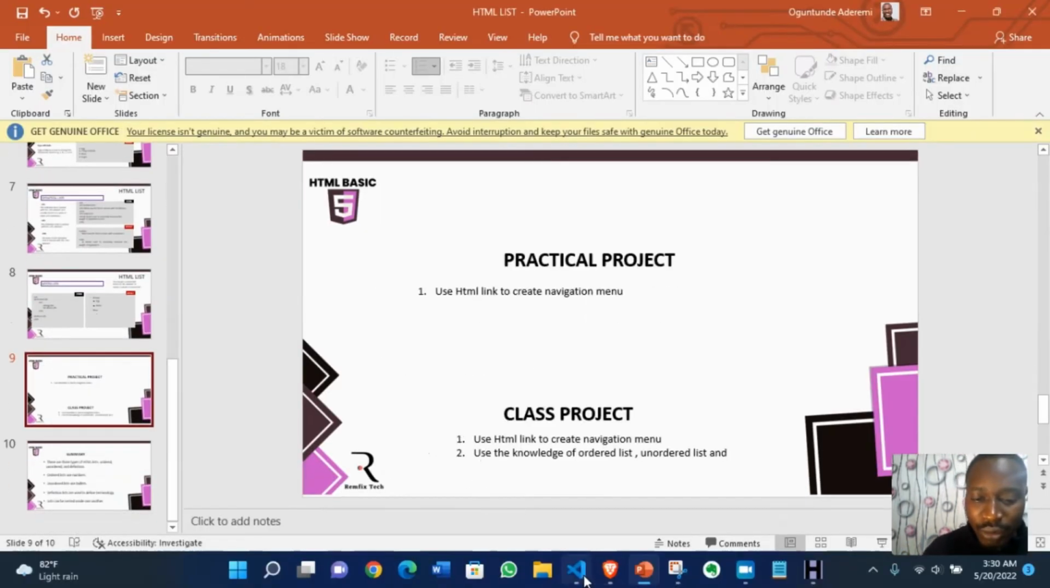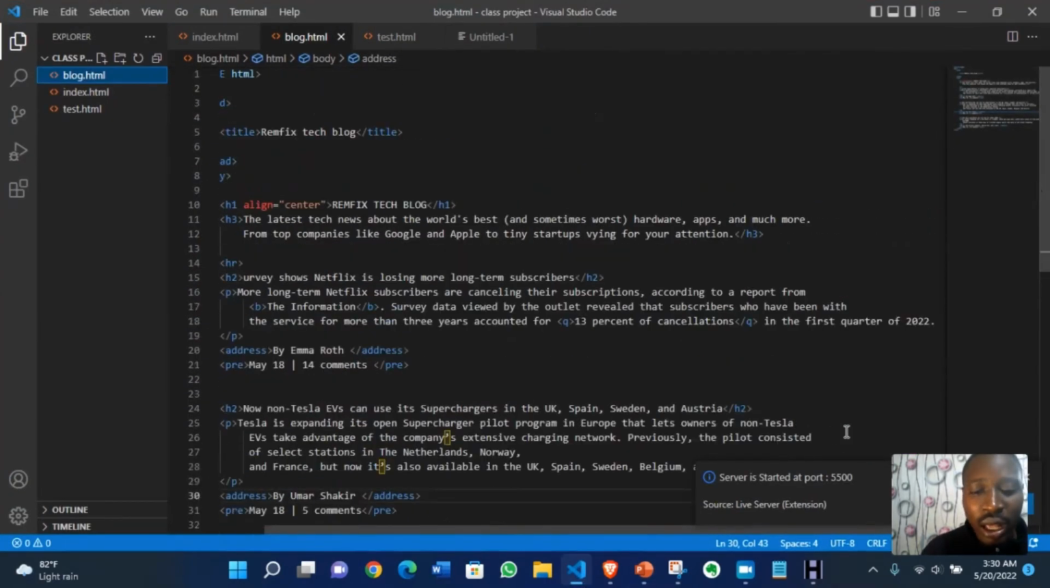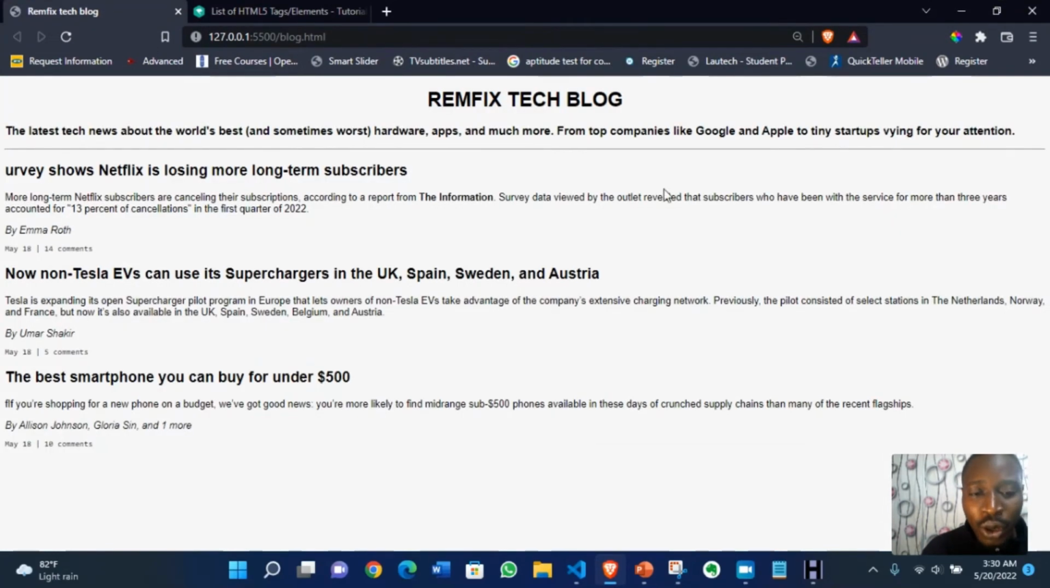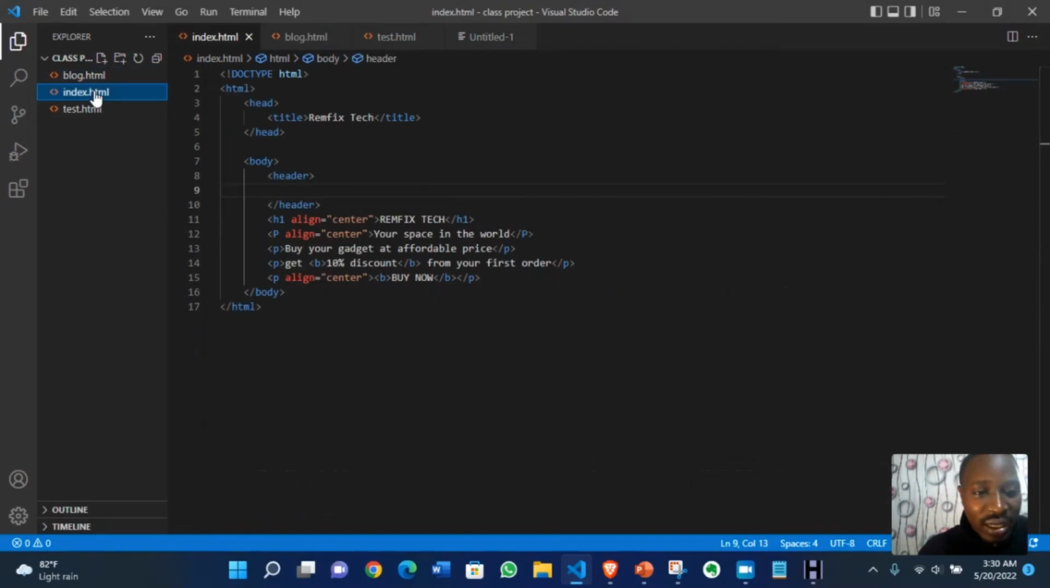All right, so now I'm in my Visual Studio Code. Remember what we did in the last class? We looked at this blog and we created this beautiful blog here. It's very simple, right? All right, so let's go back to our Visual Studio Code. In my index, let me show us our index. Okay, before we go further, there's a particular